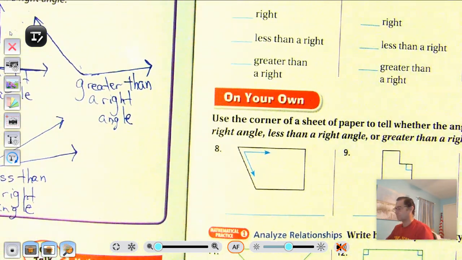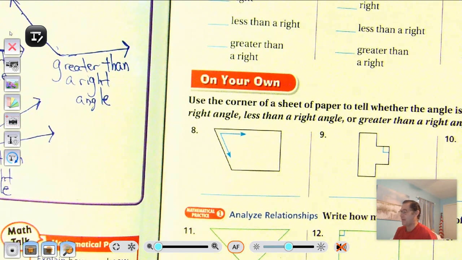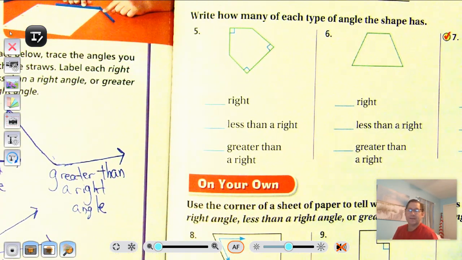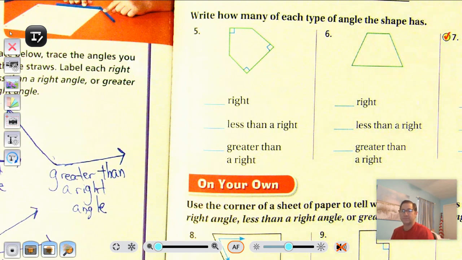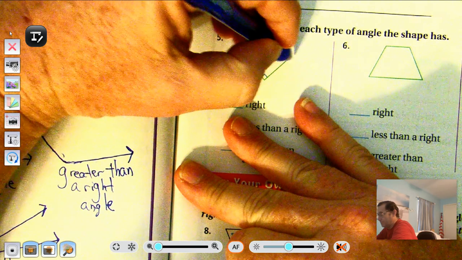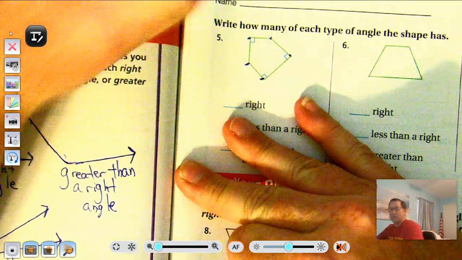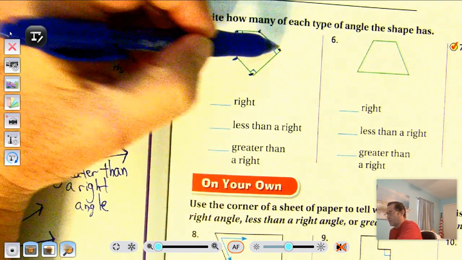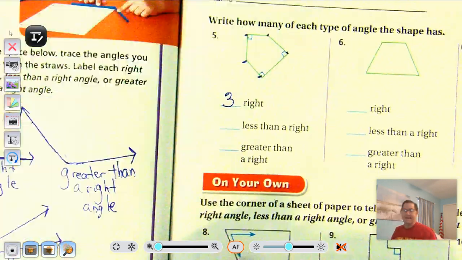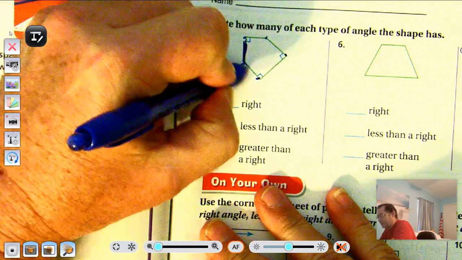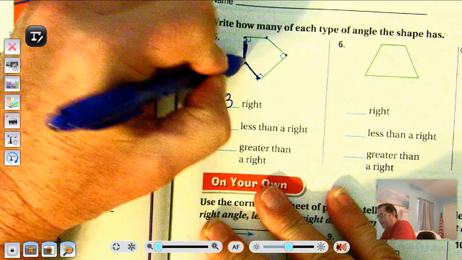All right, let's move on to number 5 on page 511. How many of each type of angle does the shape have? Okay, now I am going to use the symbols for this one. So I'm going to put dots where the vertices are. Okay, so there's 1, 2, 3 right angles. I need to figure out this angle right here